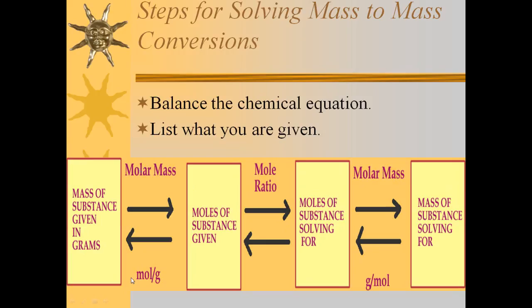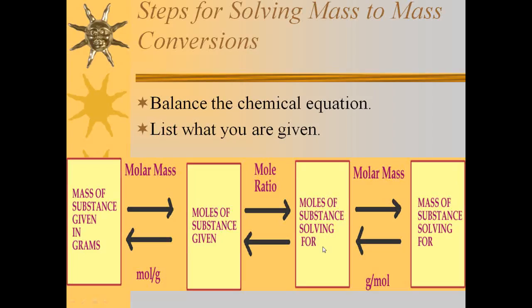Then you're going to use that substance's molar mass to convert to moles of that substance. Remember that you're going to put moles on top and grams on bottom to be able to cancel out those grams. So once you multiply and divide here, you're going to end up with moles of the substance given. But we are looking for the mass of a different substance. So we're going to use a mole ratio to convert from moles of substance given to moles of the substance